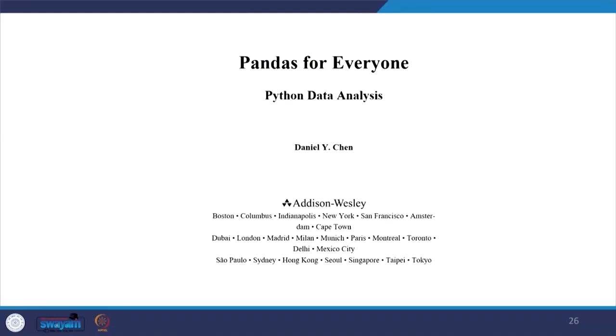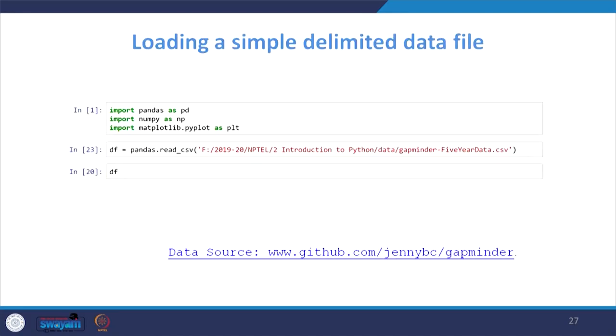This is the reference book I am following for this course, especially for this lecture: Pandas for Everyone, by Professor Daniel Y. Chen. Now we are going to learn how to load a simple delimited data file.